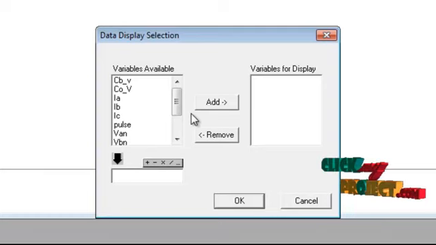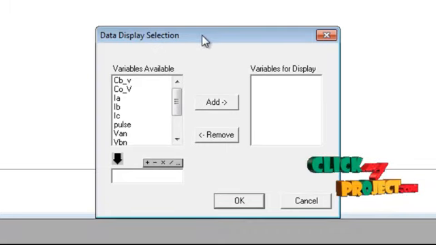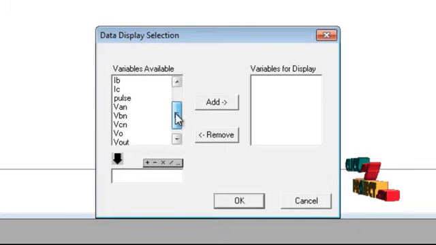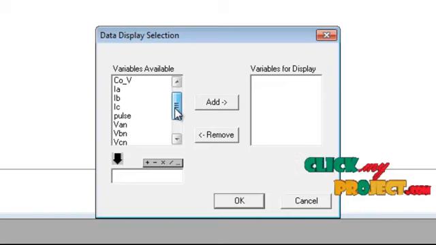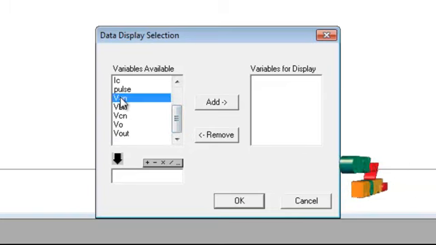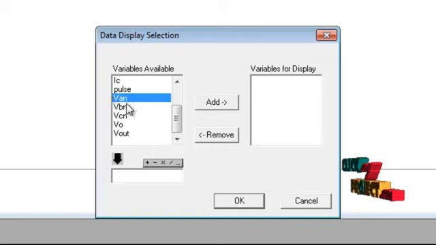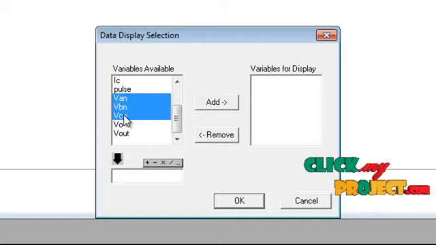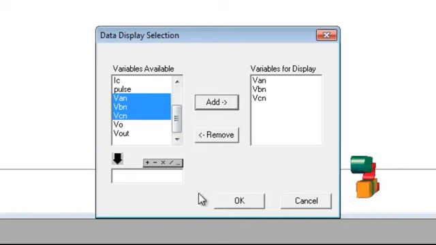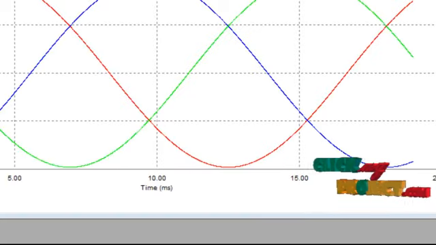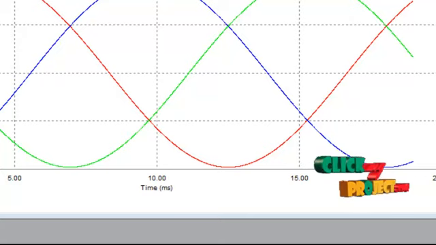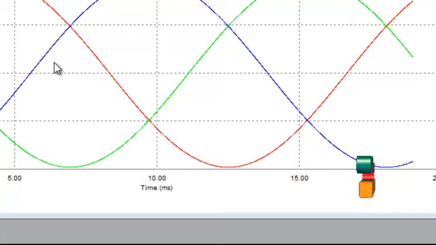The run is completed, and we can display the data display selections. Specifically, I can select different results from the entire blocks. I am setting this on our source side. This is VIN, the voltage to ground neutral. I select the three phase voltages, add them and click OK. This display shows the red color as the A phase, the blue as the B phase and the green as the C phase. So the three phases generate equal sinusoidal waves.